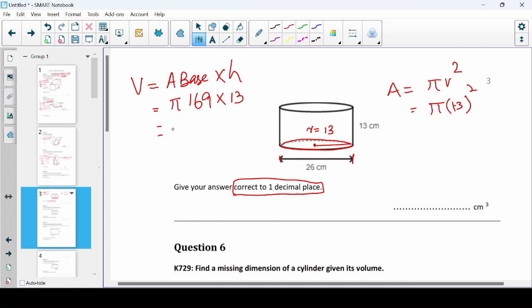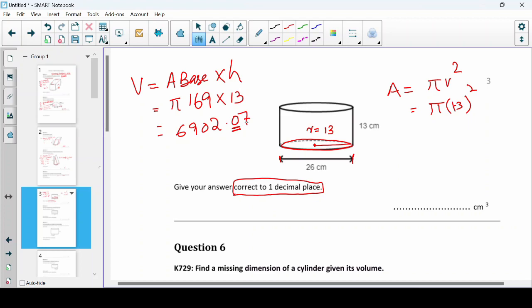6902.07. So we have to write it to one decimal place. We have to write up to this decimal place 0 and we have to look for the next one. It's greater than 5. So we change this 0 to 1. So our answer will be